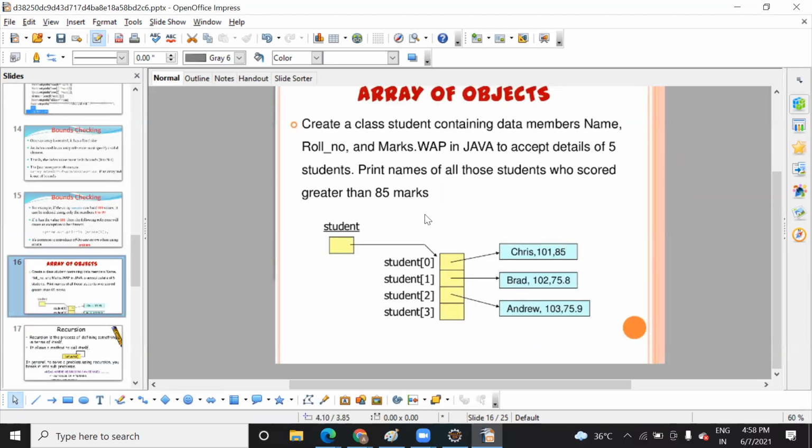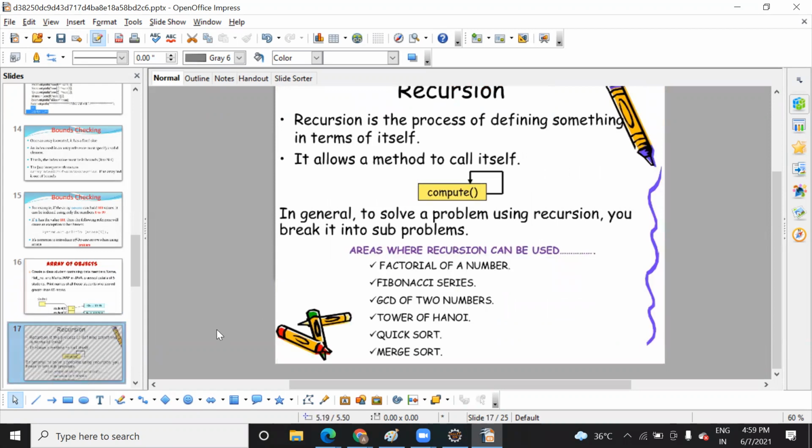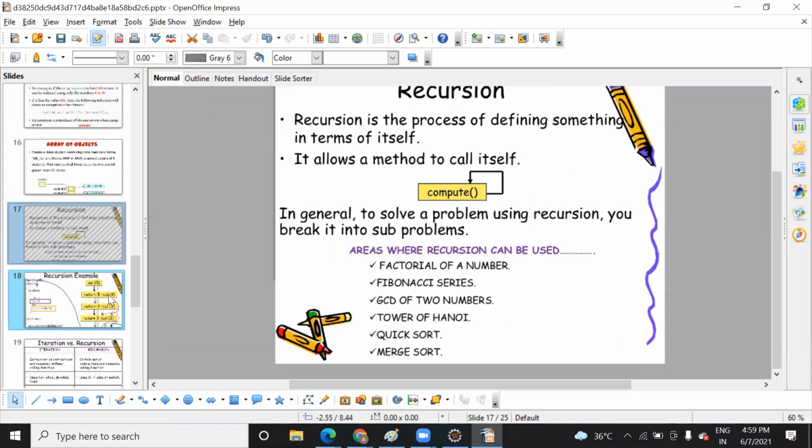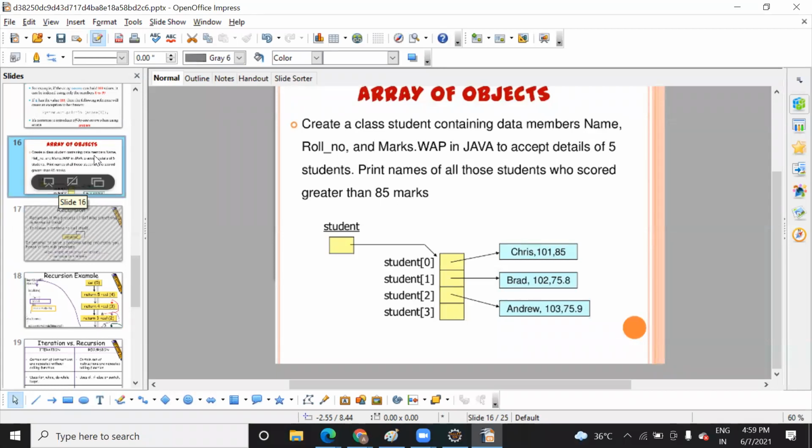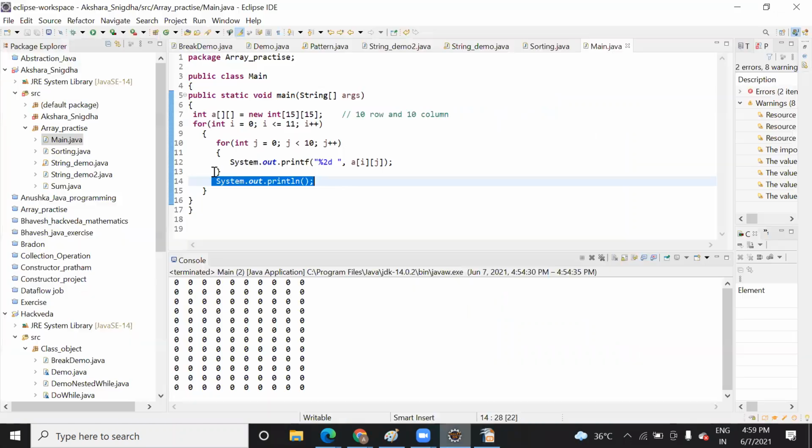So like this, inside the memory, the data is saved. This is your array name. Inside this array, every index will save a data like this. If it is of string type, then they will save like Chris, Brad, Andrew. If of integer type, then this. If float type, then they will save like this. So like this, we have seen what an array is, and different operations you can do in it. Let me show you some more examples in array.